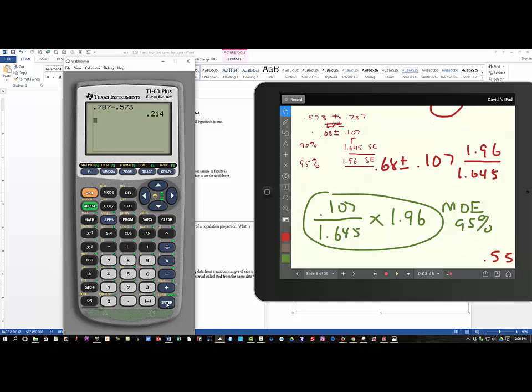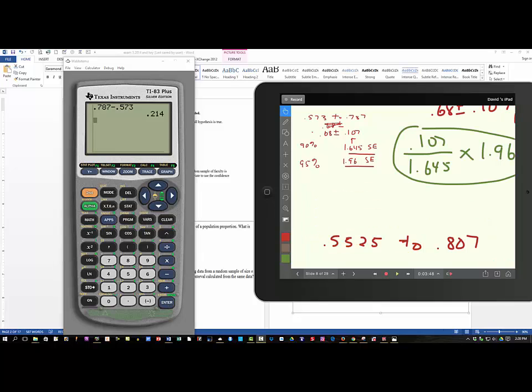And so what we'll have to do then is take our statistic, the 0.68, and plus or minus the margin of error. So I think probably the best thing is to just go ahead and put this on the calculator here. 0.107 divided by 1.645. That'll leave us with the standard error. Multiply that by 1.96 to get the new margin of error. And then all we need to do is take our original statistic, our p-hat,